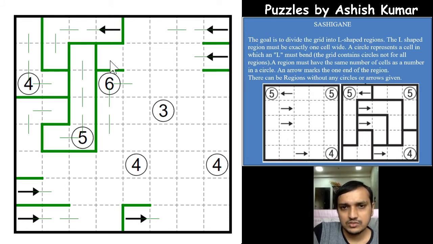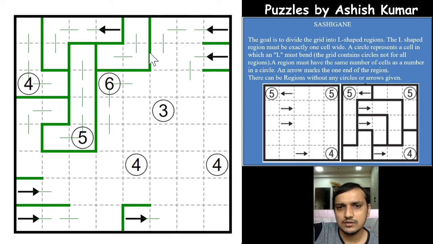We have done this. See this cell, it has to be part of one region. Let us extend this, and if you see this arrow now, if we extend this to form an L here, it has to come down and it forms a Z or some other shape other than L. So we conclude that this doesn't extend here, and it has to form an L here, which makes this region form an L here, and this cell has to extend to form an L. So we'll have to extend it this way, and we are done here. We can close this like this.